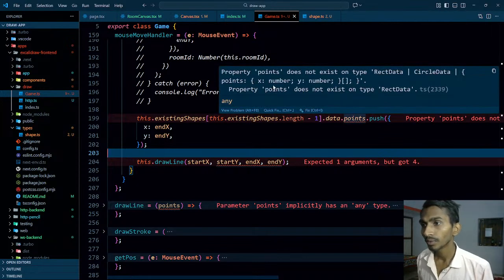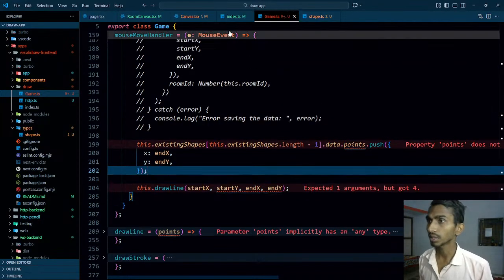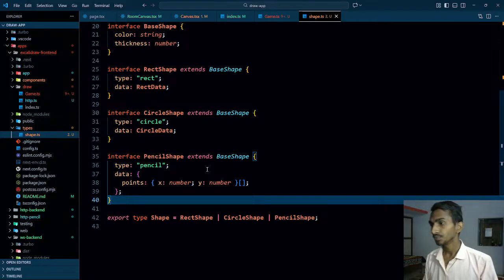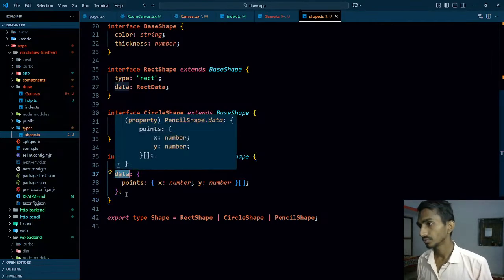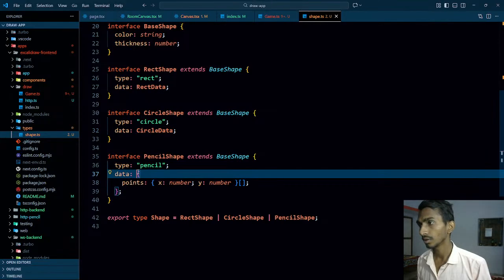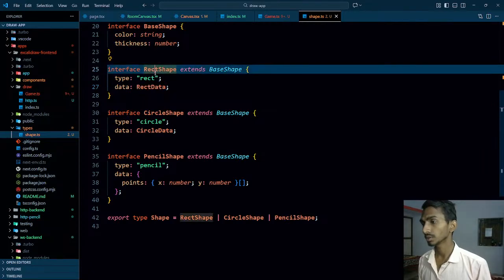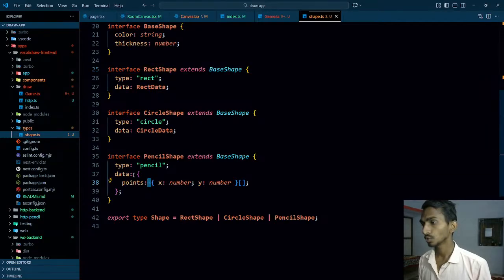So it's simply saying that property point does not exist on rect data. That is obvious that it does not exist. That means I have problems with my types. Data can be rect data, data can be circle, or data can be this. This data can be of any type. So when it comes to rect shape, it is this. If I had this much only,